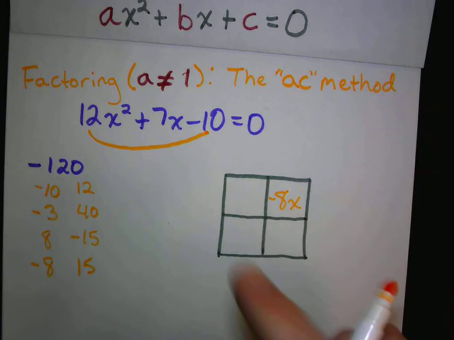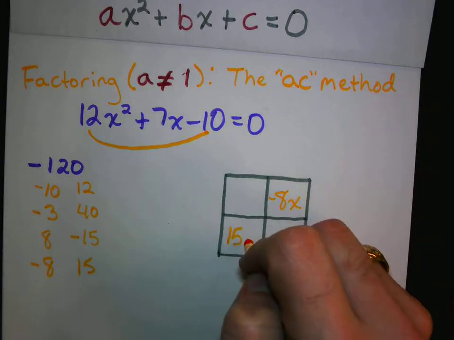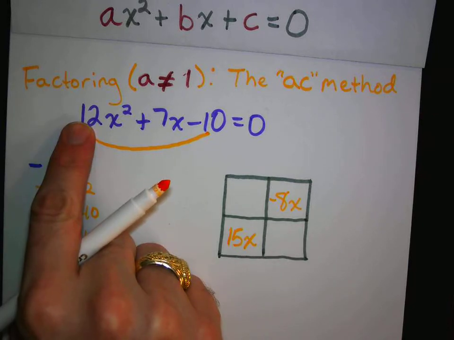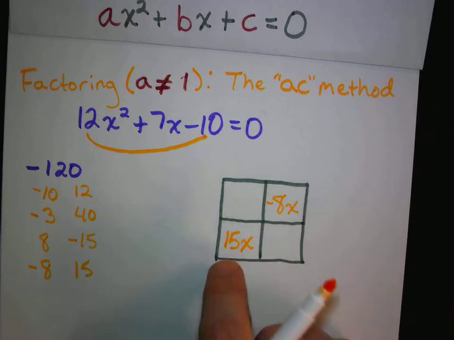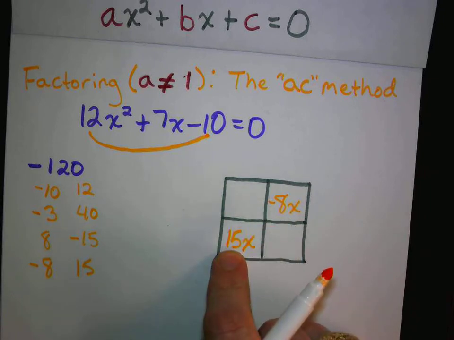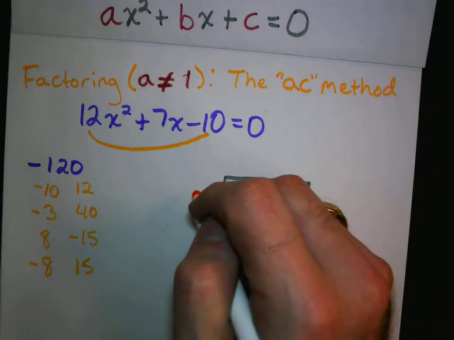And then we take the other number and we put it in what we would call the third quadrant, so 15x. All right. Now, at this point, we need to think about factors of 12. We have 2 and 6 as possibilities, but what I would like is for one factor to go evenly into this number and one to go evenly in here. Now, 2 goes evenly into negative 8, but 6 does not go into 15. So I think again, and I think, well, if I use 4